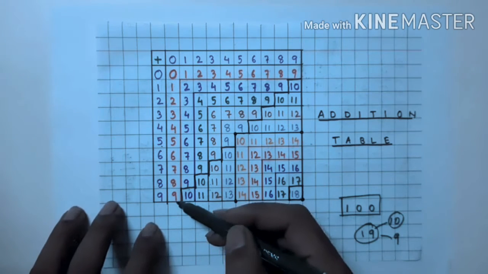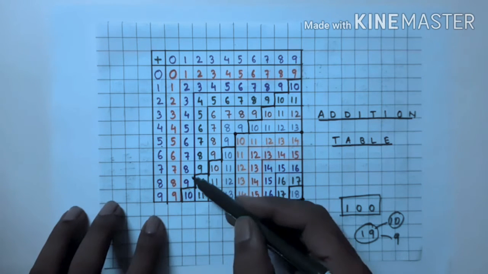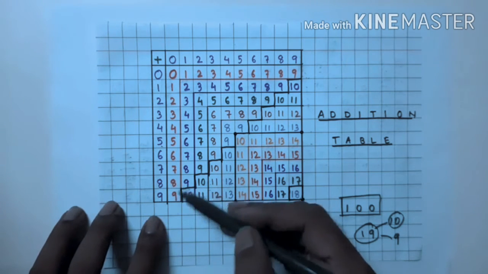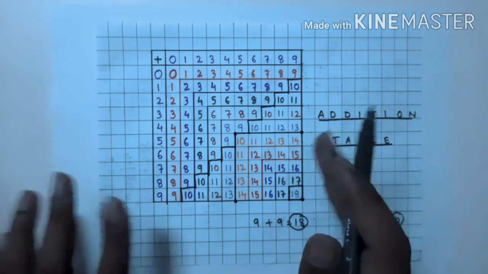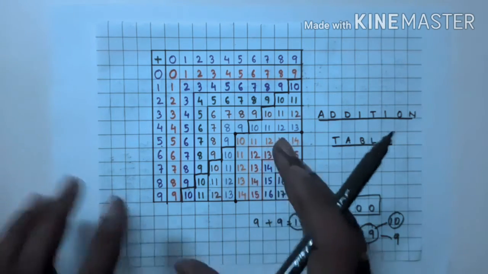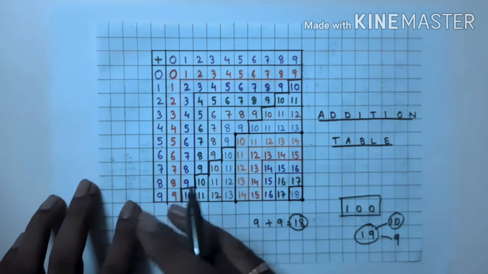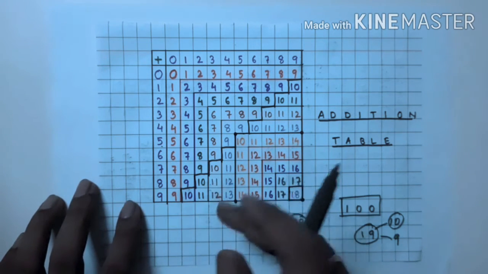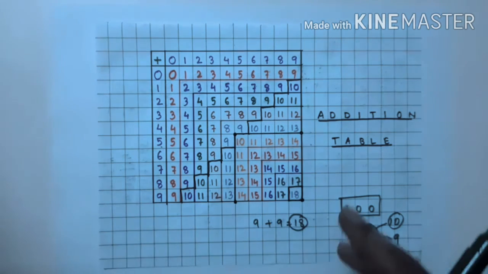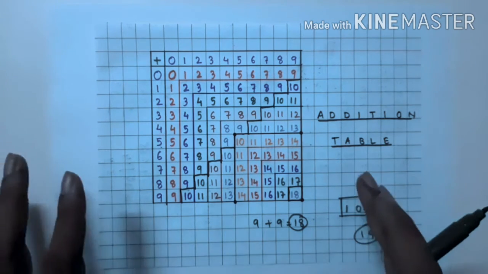Now to remember the single digit sums, that is 1, 2, 3, 4, 5, 6, 7, 8, 9. These are the sums which are single digit. So this is very easy. Like 5 plus 4 is 9, 6 plus 3 is 9, 7 plus 1 is 8. So these are easy to count. We are by hearting that one.